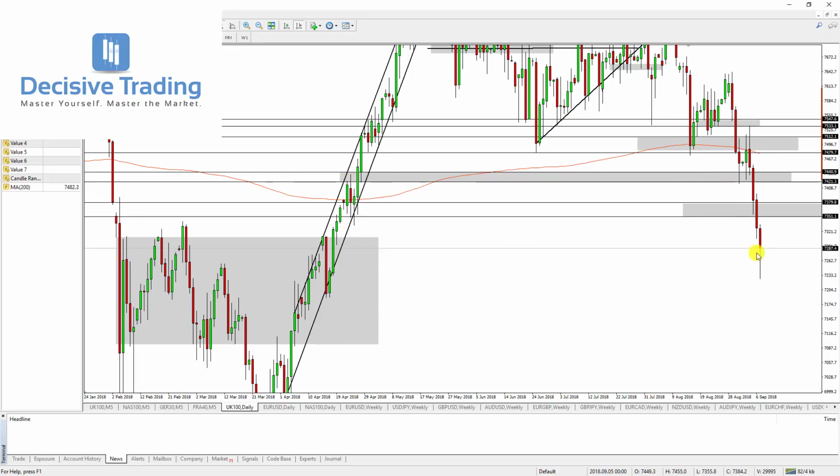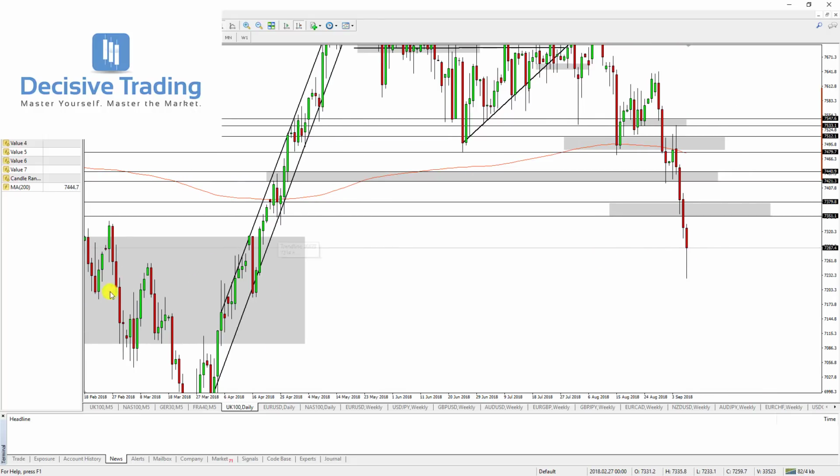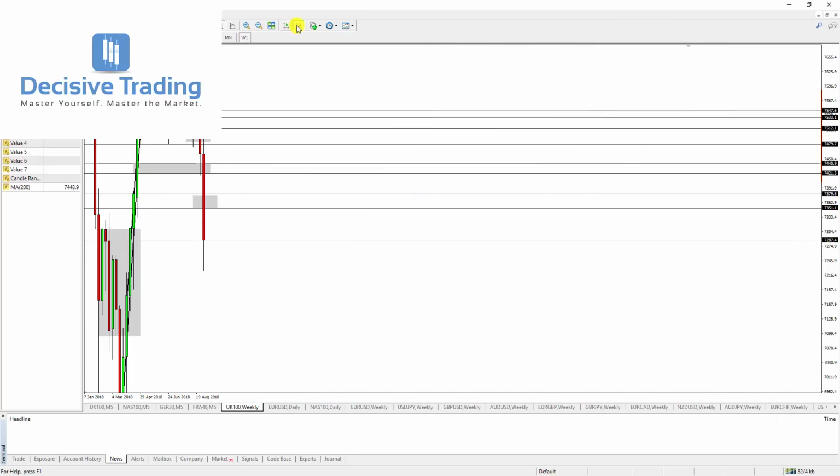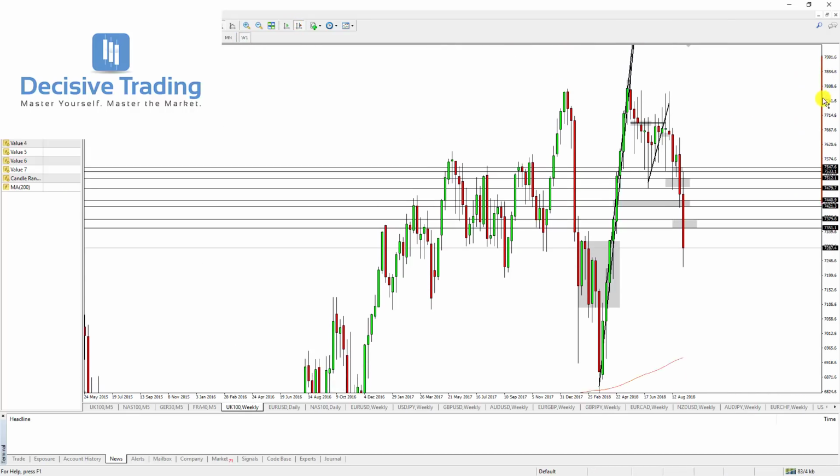We got a bounce, we got the rejection. Then we had key support at 7380 to 7350, which we were using this gap as our clue. We got a nice bounce. And now we're back down into this whole section where we had multiple previous swing points. Now, expectations are for bulls to be watching down in this level. However, on the weekly time frame,